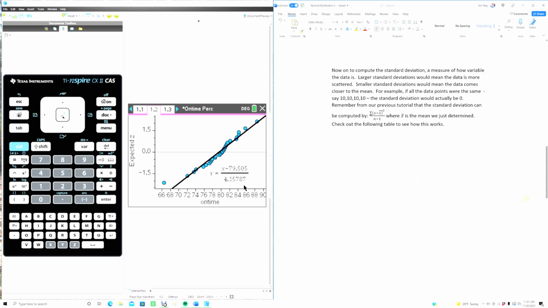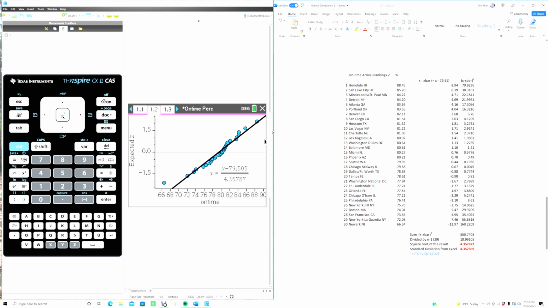Now let's check this table to see how this works. Here's our table again showing the on-time arrival percentages, and this time I have put in the computations for x minus x bar. That's the x, the data value, such as 88.45, minus the mean of 79.51. That gives us an answer of 8.94. If we square that, we get 79.92. So I've computed these values all the way through. Then if we take the sum of all of the (x minus x bar) squared values, you'll come up with a value of